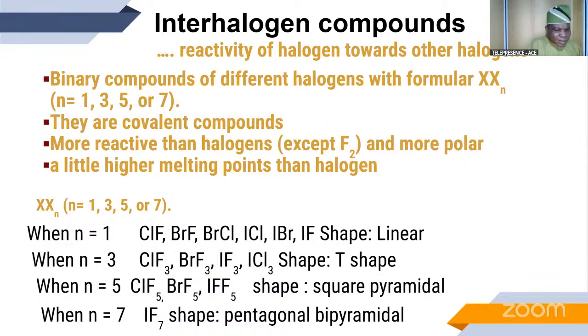When n is equal to 5, you have ClF5, BrF5, IF5. The shape is a